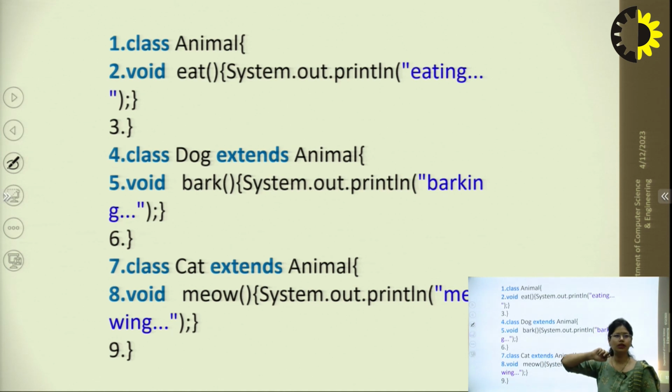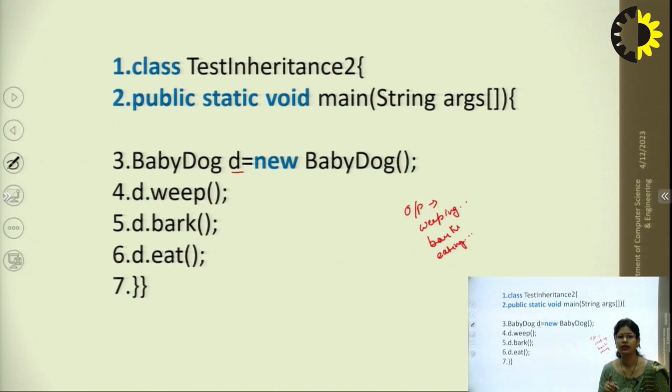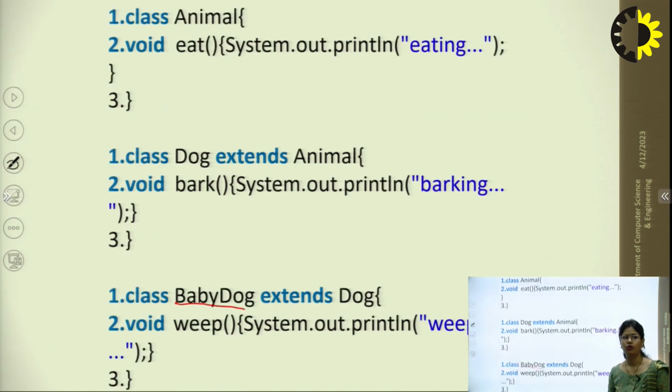There is a class Animal, it has an eat method, Dog extends it and has a method for bark. Now there is another class, that is Cat. What we did in multi-level inheritance was a chain of grandparent, parent and child. What was the chain? Animal, Dog and the Baby Dog, correct? So with the Baby Dog object we can access all the methods which are in its derived class and the superclass